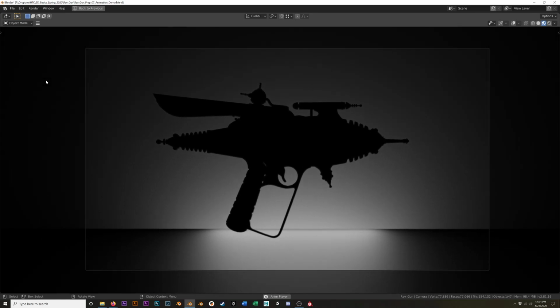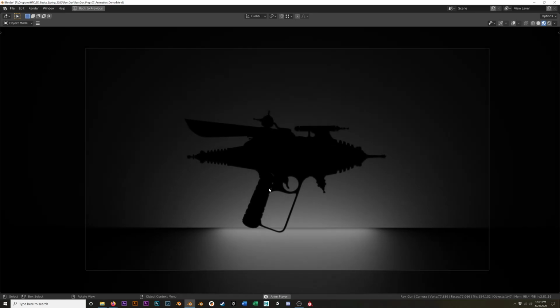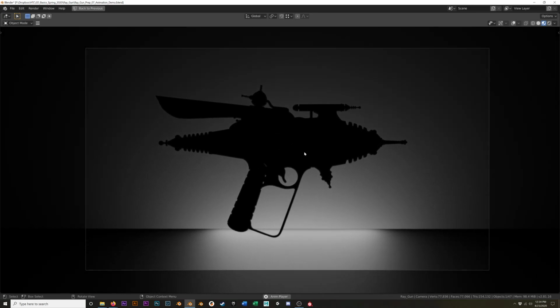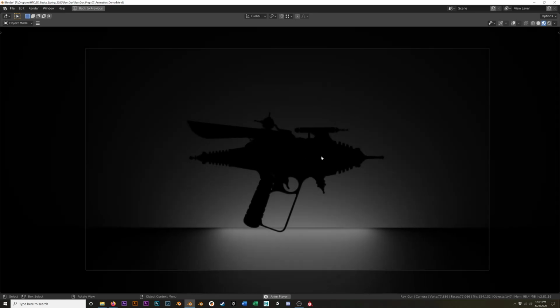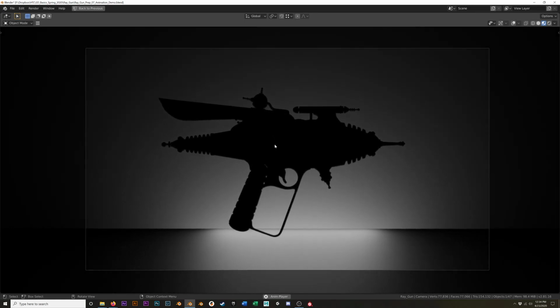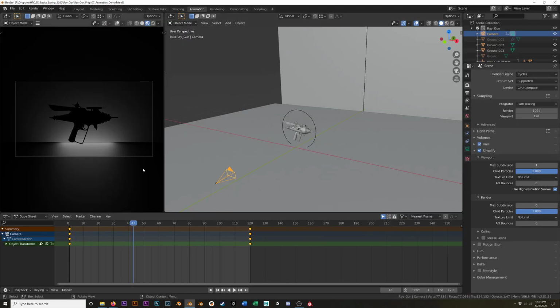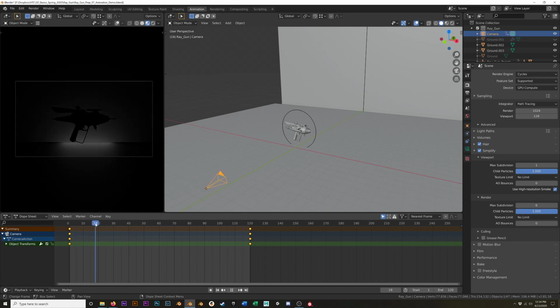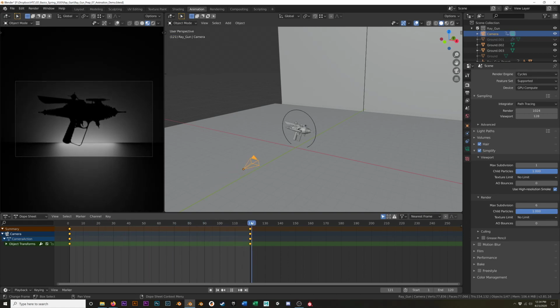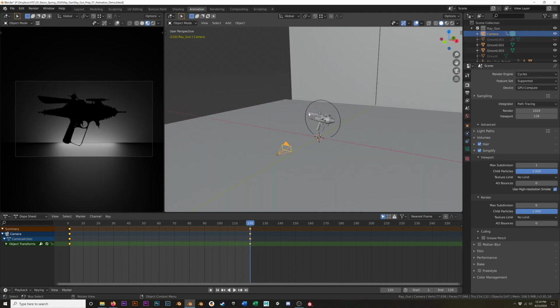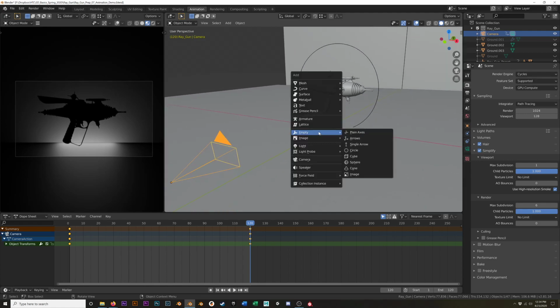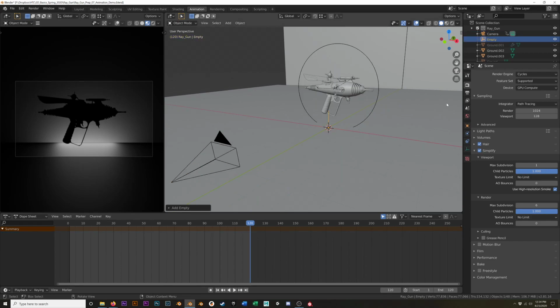Now one thing is you can see the gun kind of moves up, and I think it's partly because it's not perfectly centered. But I want the camera to tilt up as it pushes in, so I'm going to add one more thing, and this is something that I do for almost every camera shot that I add, and that's going to be a look target. So I'm going to hit Shift C to center my 3D cursor, and I'll zoom in here. Shift A, add in a plane axis,